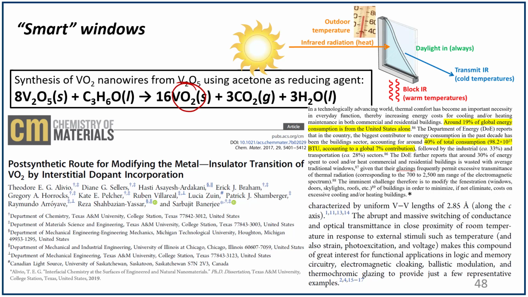But for VO2, what we envisioned for this material to work was when it's hot outside, the smart window will adapt to a crystal structure in which it blocks off heat from the outside, and when it's cold outside, it adapts into a crystal structure which takes in heat from the outside. And when I say crystal structure, that's a little bit complicated from what we've seen so far. Crystal structures are long-range networks of atoms in a solid. We may or may not discuss that for this course. But for those curious,